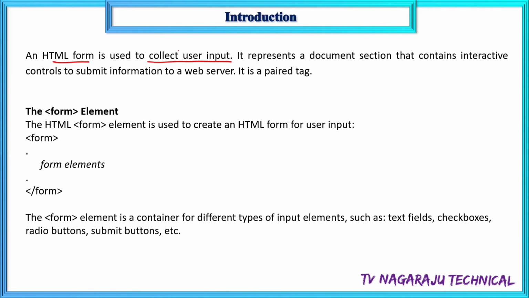What is the name of the tag? The name of the tag is form. It is a pair tag, in the sense both opening and closing. Between this form tag, you can write different subtags. Generally, what are the elements that you can write? Mainly related to input. So the different types of inputs: either text box, checkbox, radio button, submit button, reset buttons,